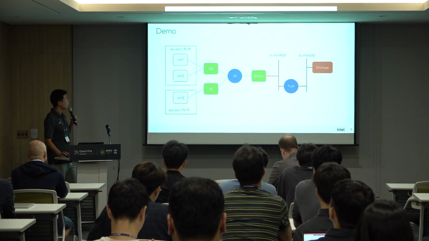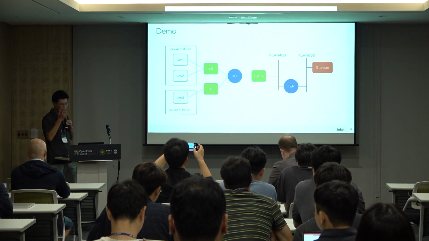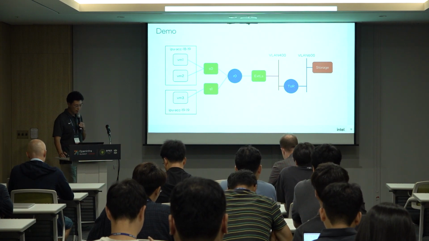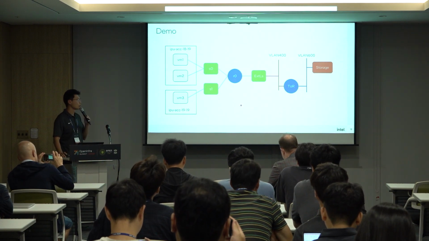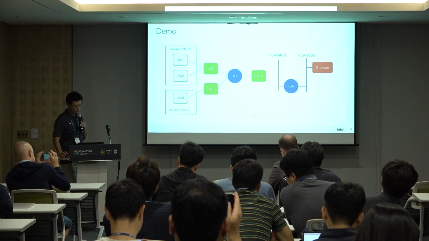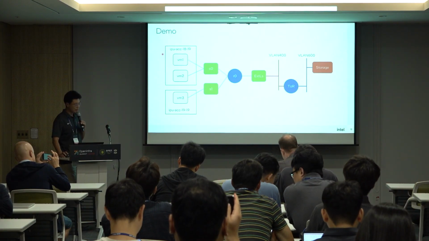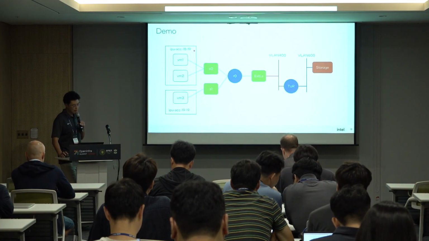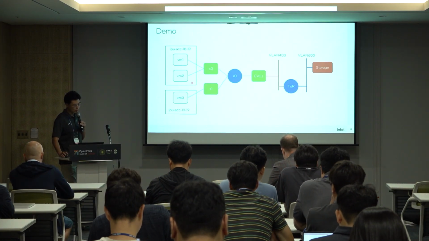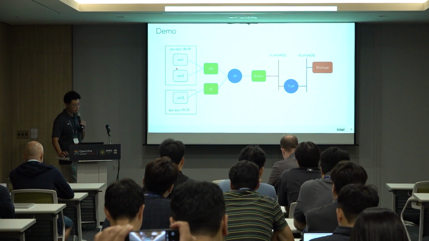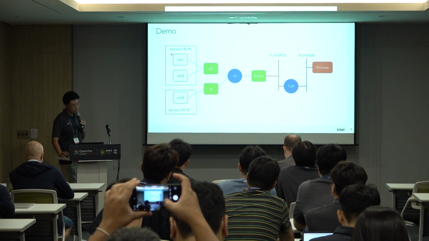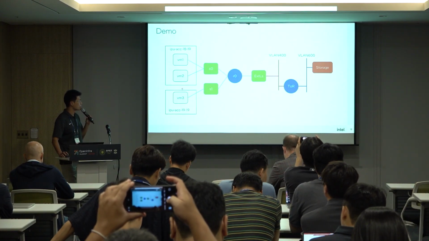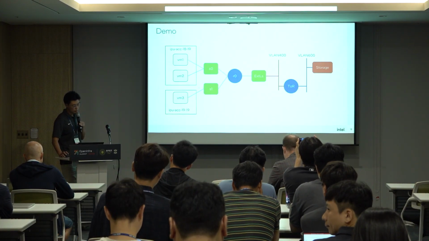Okay, now let me show you some simple demo. For that, I prepared this simple logical topology. In this diagram, as you can see here, there are two IPUs already, and each IPU has a different number of virtual machines. For example, the one IPU has two virtual machines called VM1 and 2, and this VM1 and 2 are